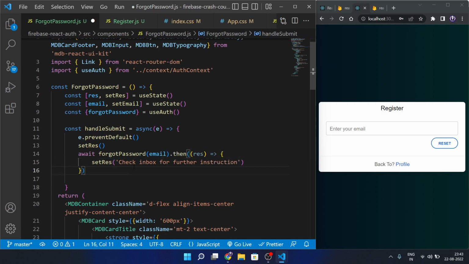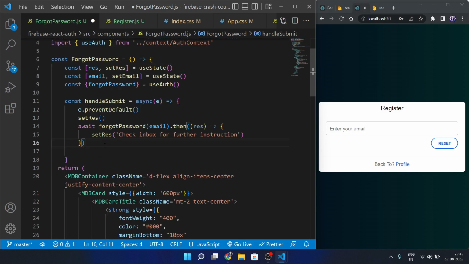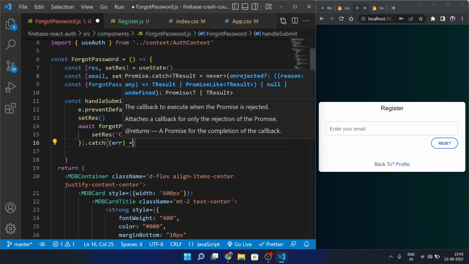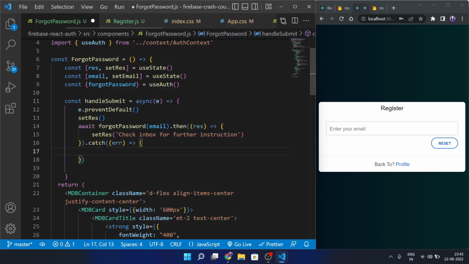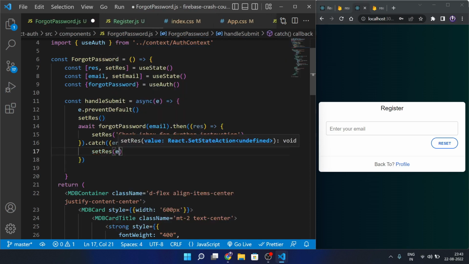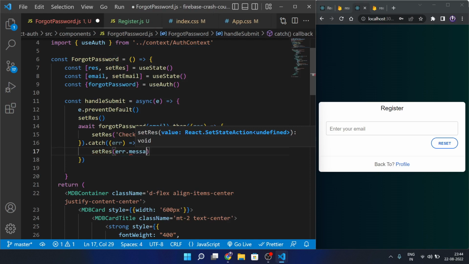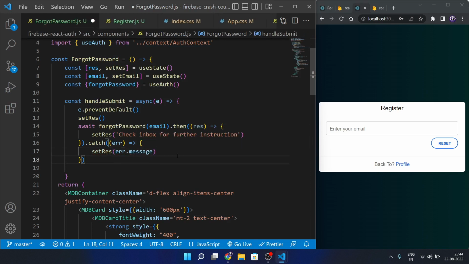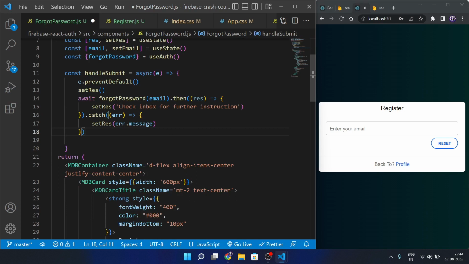So we have added this check inbox for the further instruction, and if we get any error, we'll simply catch that error here, and we will set the response to error.message. So this is the error that we will get from there. So we have added this. Okay, so we are done with this email